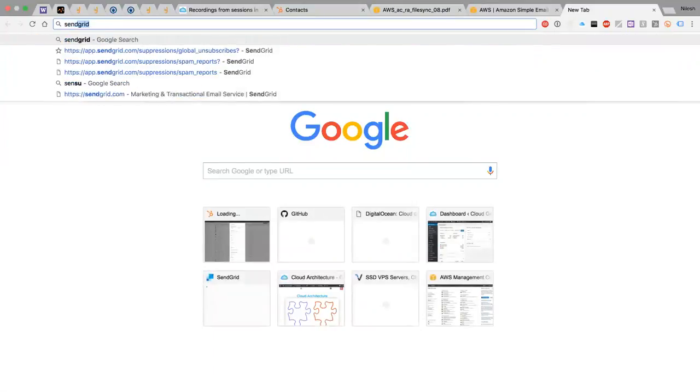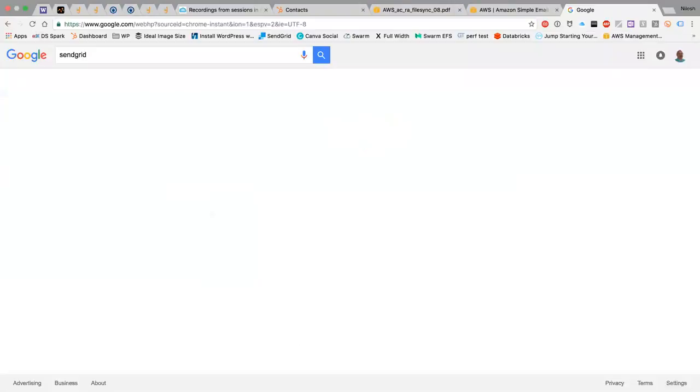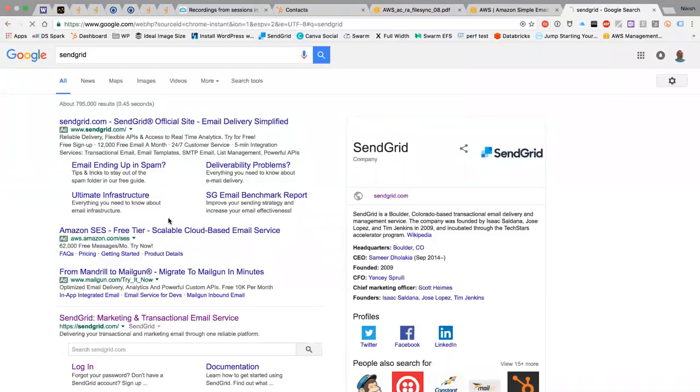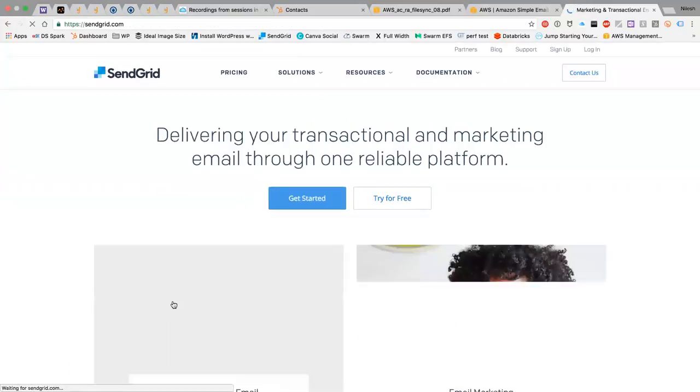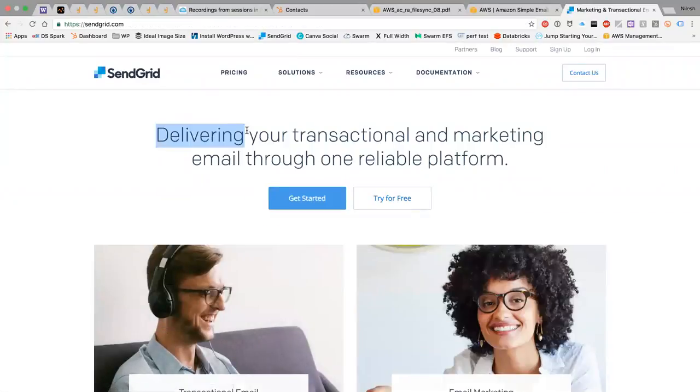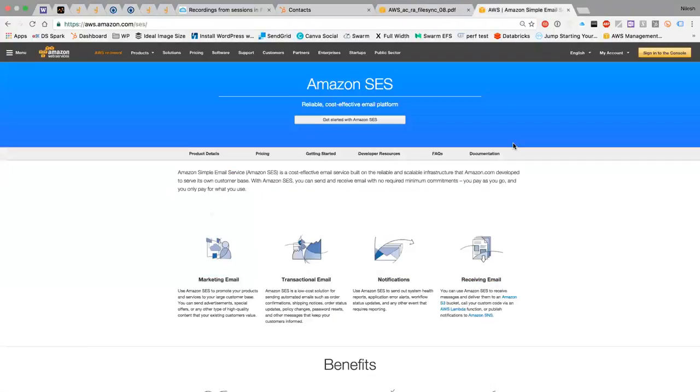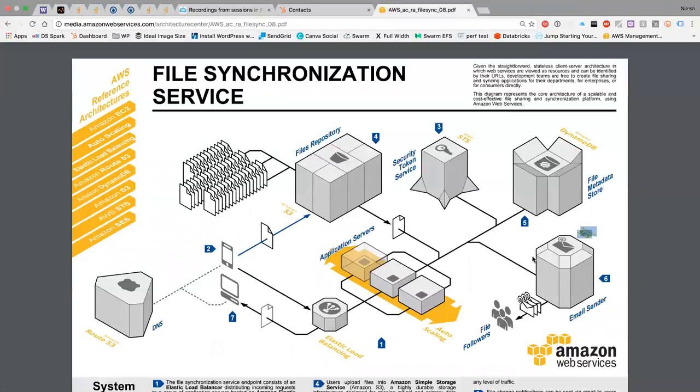And there is another one that I use in this example, SendGrid, to send emails that you may have seen occasionally. I will send emails through this platform. Very similar to that SES platform, it sends emails to people. So that's what the machines will do, send out emails to the recipient, who will be notified with a